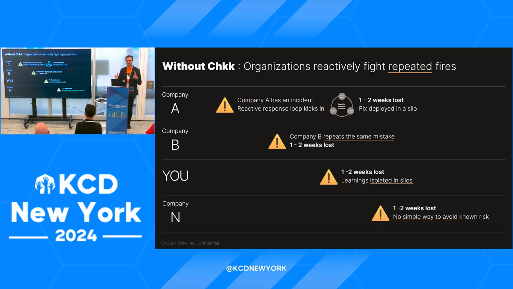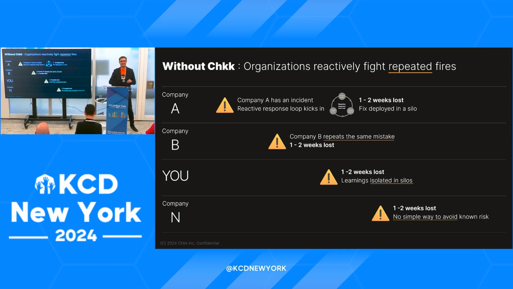Let's look at the world today. This is something we saw at the keynote. This is a similar slide here, where today organizations are reactively fighting repeated fires. If you have an error, failure, disruption, like an intermittent packet loss, for example, right? You would have the most experienced engineer go try to debug it. If they don't find the answer, they would look at GitHub issues, release notes. They would work with the community. They would also engage vendors and cloud providers. And eventually, they'll find the answer.